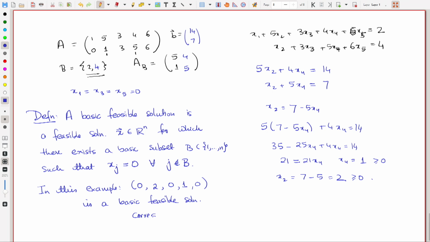Corresponding to b equals 2 comma 4. So, you start with this subset of size 2. Okay, so now the